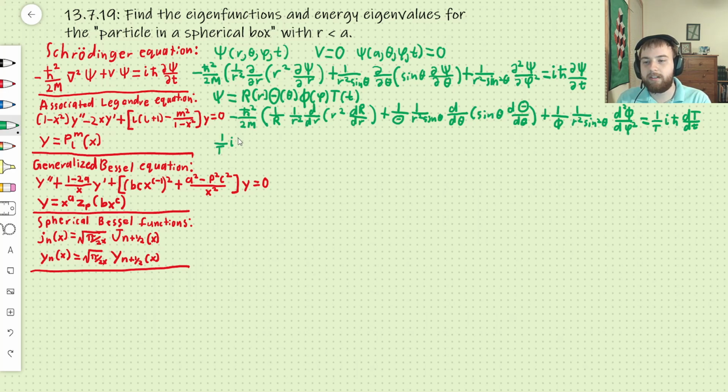So I'm going to rewrite this dT/dt. This is equal to, and we're going to call it E. This is the technique of separation of variables. We're separating the t's out, and we realize that it can't actually equal something that depends on t. So this means that we can rewrite this as dT/dt